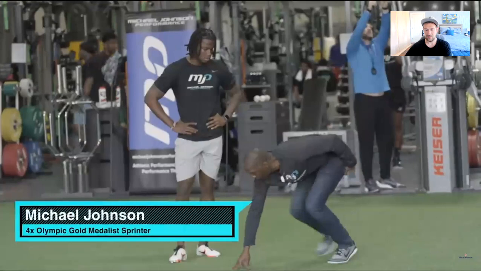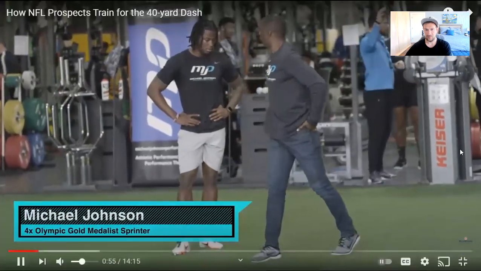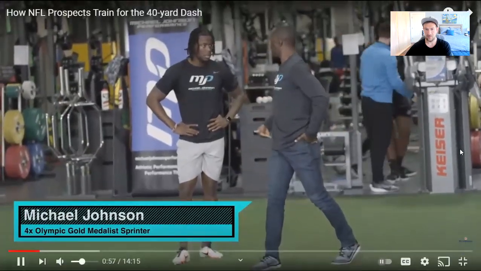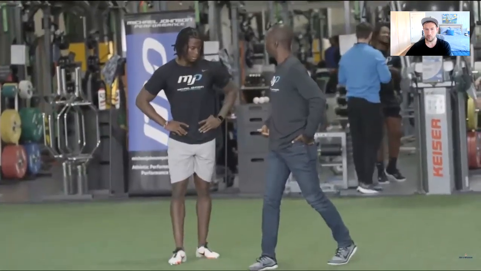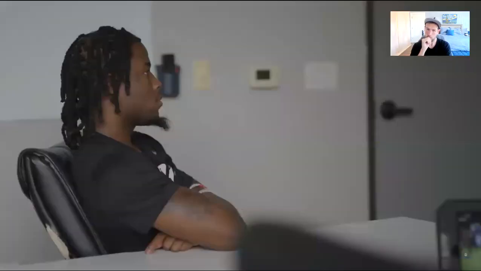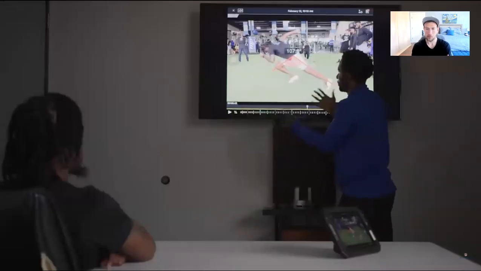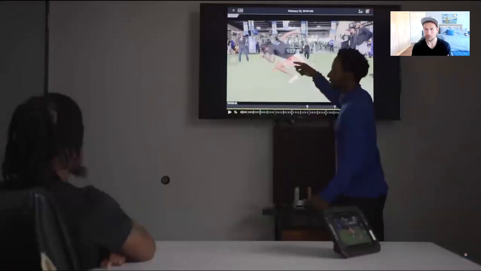Once I take off, where my hips gonna go? They're gonna come up here to where I run. So let's start with the hips in the position where you run already. Athletes have started to understand that there's a real technique to sprinting in the 40-yard dash. When we're talking about 4.3, 4.2 speed, inches matter. I'm looking around the 4.34 at the combine.